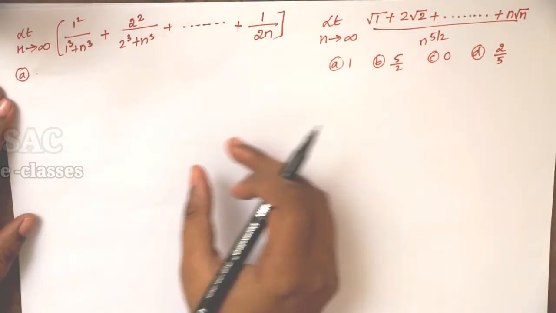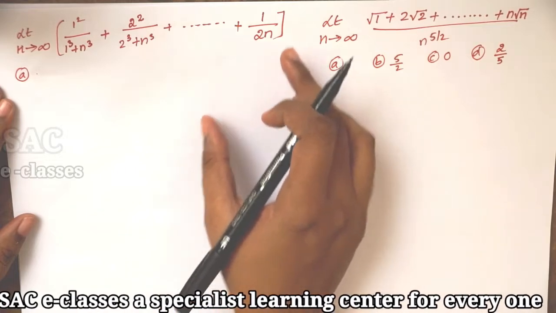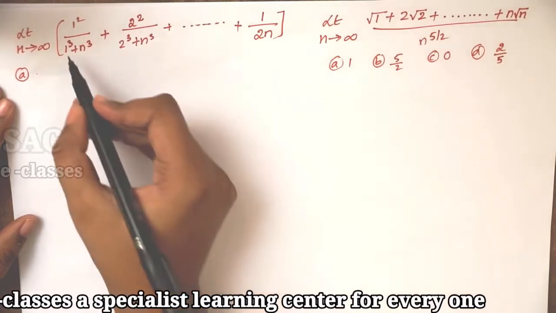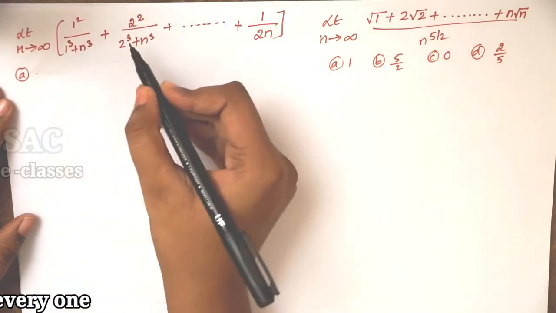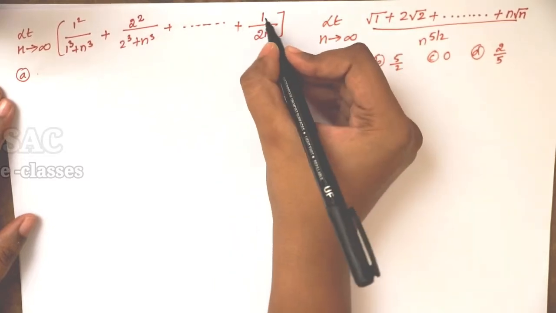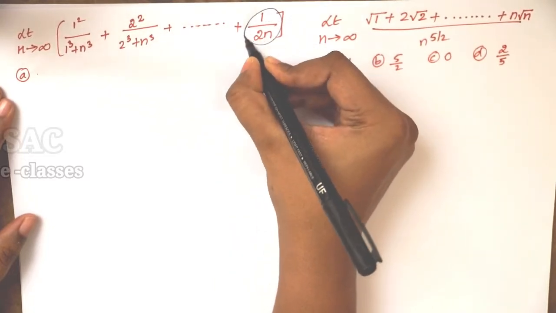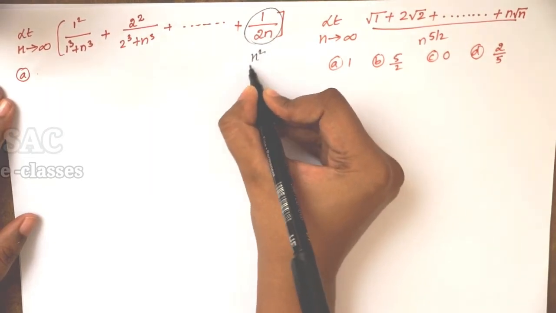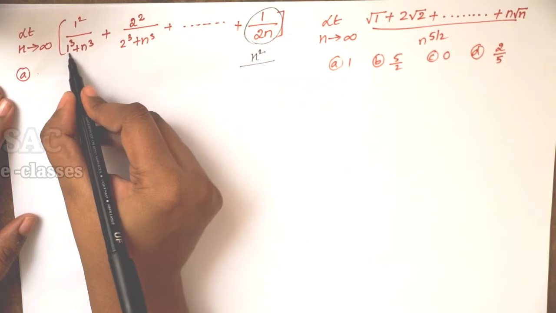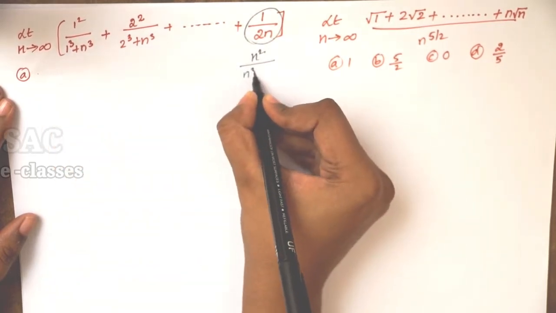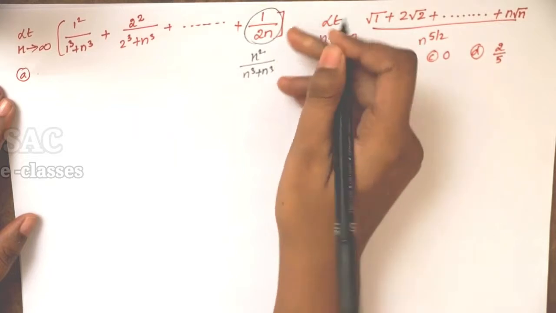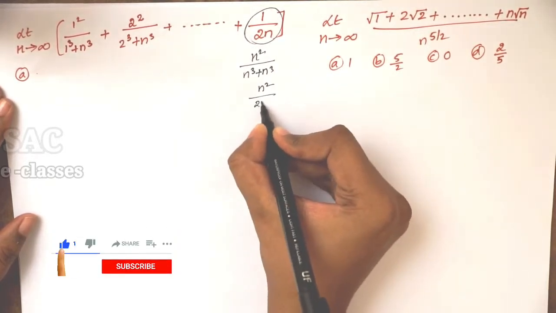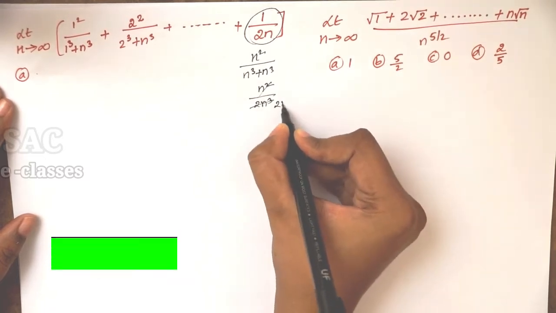We are in the second category of this kind of problem. That means whenever we don't know the nth term properly. Observe here 1 cube plus n cube plus 2 cube plus n cube. Definitely here what will happen? It will be n square by, it is ending with n cube plus n cube. Now are we getting the 1 by 2n or not? Let us see. N square by 2n cube. Yes, we are getting, so 1 by 2n.